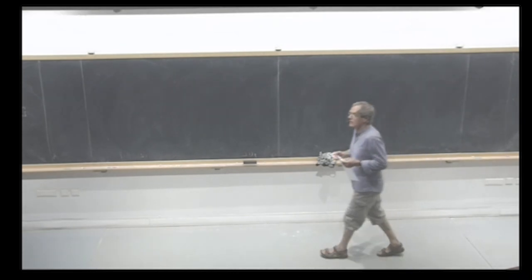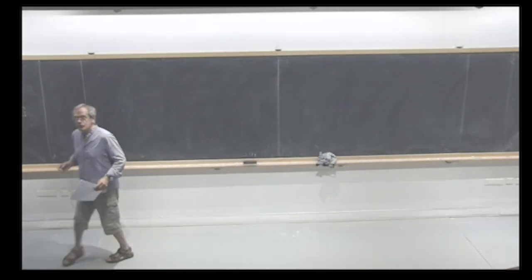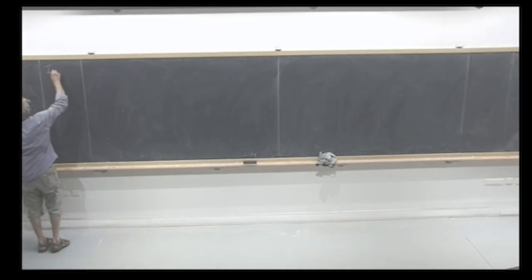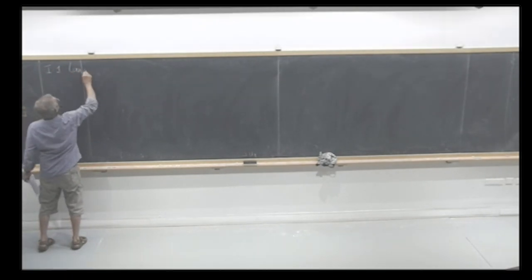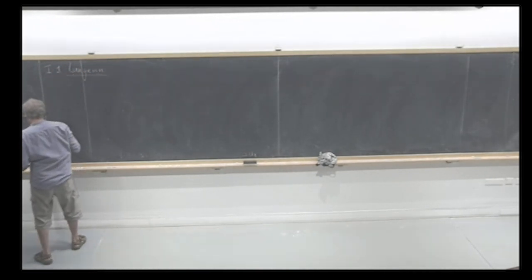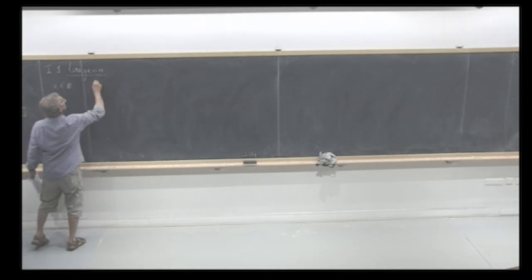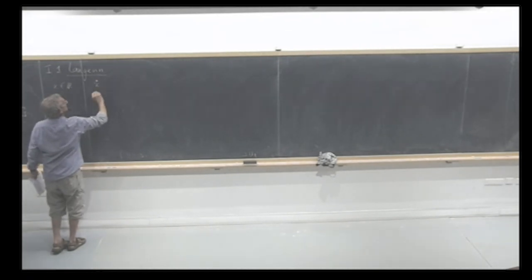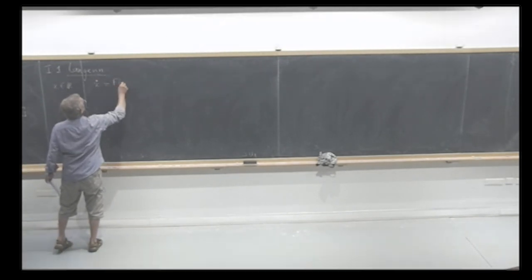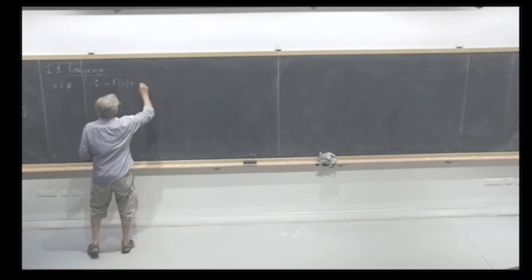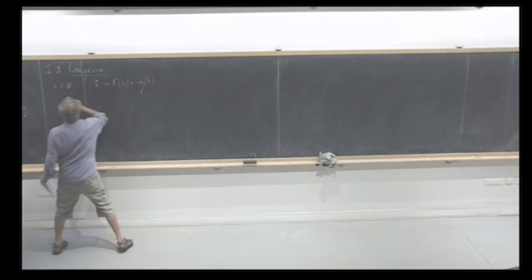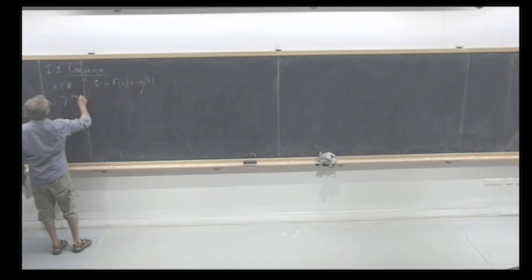So the first chapter is very short. It's just to define the notation that I will be using and be sure that everybody is on board. I will start with the Langevin equation. Take one particle in one dimension; the Langevin equation is an evolution equation for x of t. The derivative of x is equal to some force plus some noise eta of t, and eta is a Gaussian process.